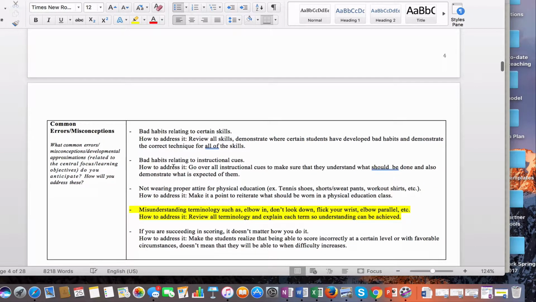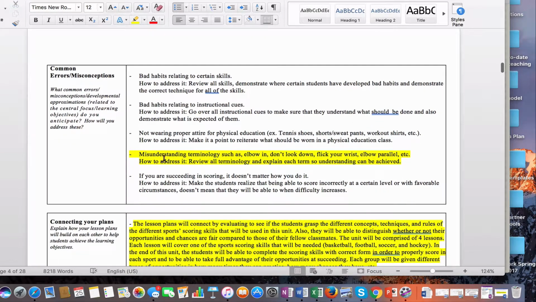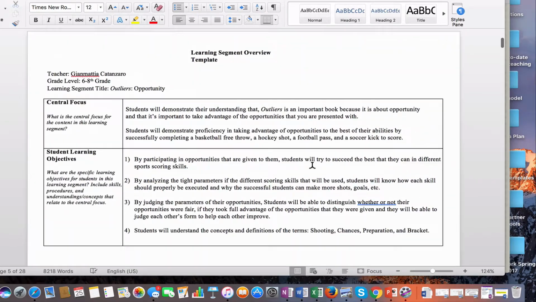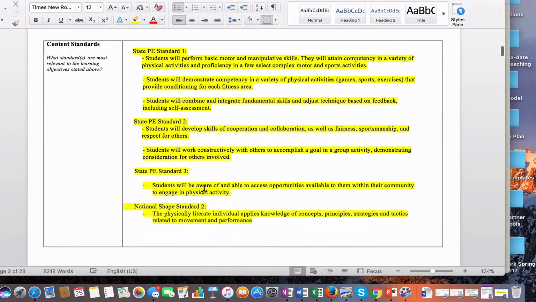And then for misconceptions, one misunderstanding here is terminology. So when working with these particular sports, I'm looking at the highlighted one, misunderstanding terminology such as elbow in, don't look down, flick your wrist, elbow parallel, etc. So how is he going to address it? He'll review the terminology. Okay, so again, what you're going to be submitting on the 1st of November is going to look like this page,